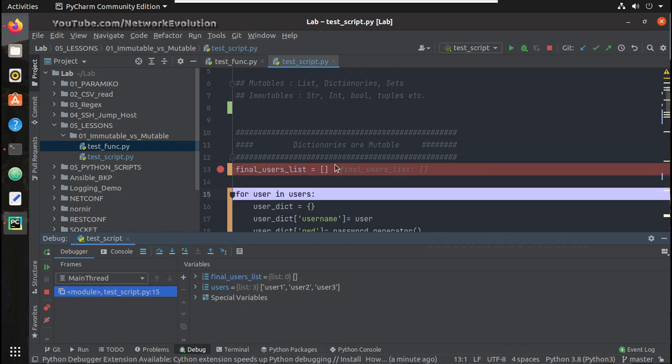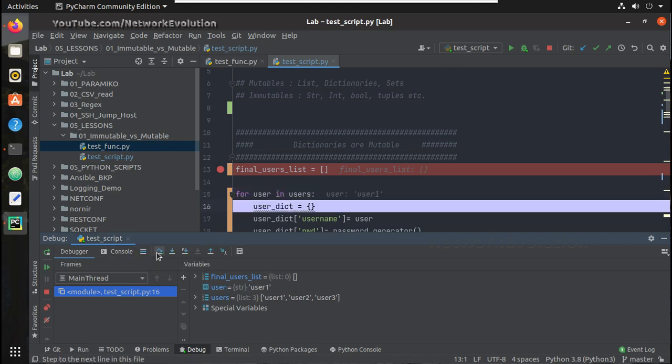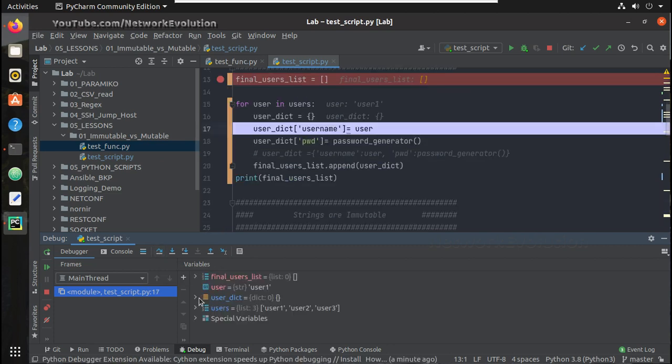It is an empty list now, and then it is going to the for loop. Inside the for loop we have one empty dictionary now. In the next step it will be creating an empty dictionary. So let us just give step over, and we can see there is an empty dictionary.